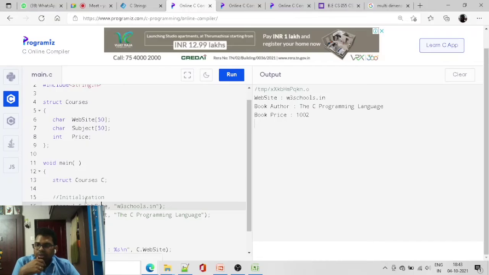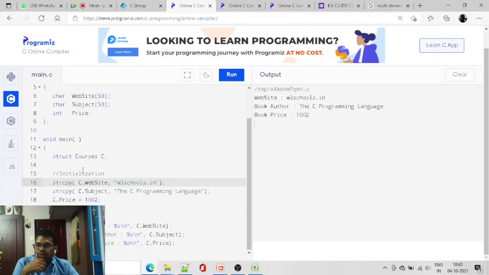Here we are copying w3schools.in to c.website, and the C programming language to c.subject. By using the object only, we are accessing the members of the structure. We are placing some value in c.price. Then we are accessing the values.